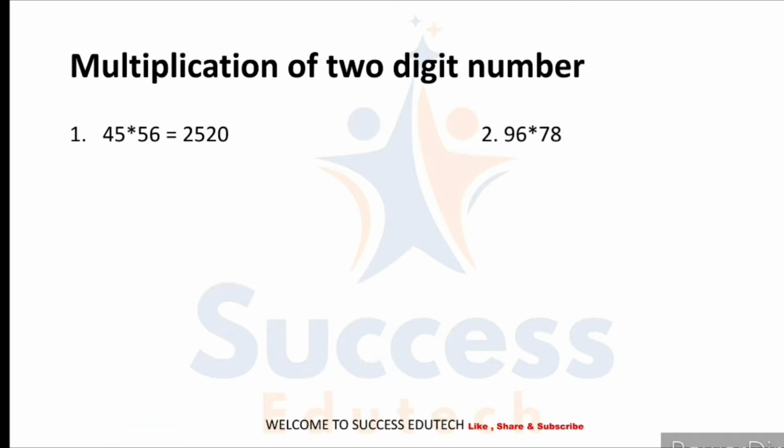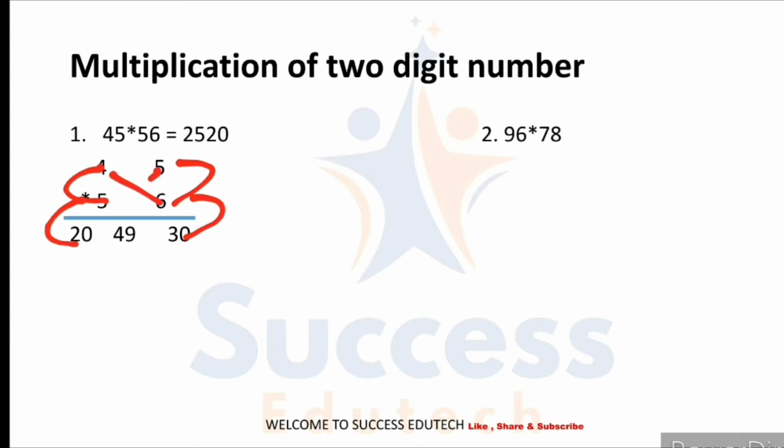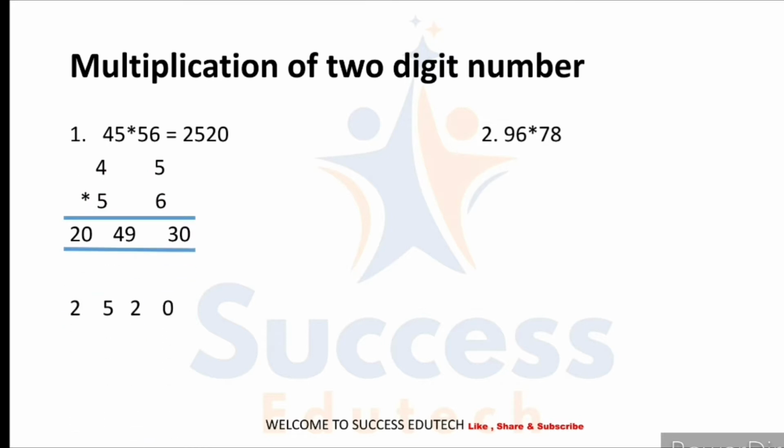Now I am writing each and every step. 45 multiplied by 56. Then write 5 6s are 30 here, 5 4s are 20 here, and 5 5s are 25 plus 6 4s are 49. I am writing it in the middle of these two numbers. Next, I am taking 0 as it is, then 3 becomes carry, and we get 52. I wrote 2 of 52 below, then 5 again carry, added to 20, so 25. This becomes my answer.